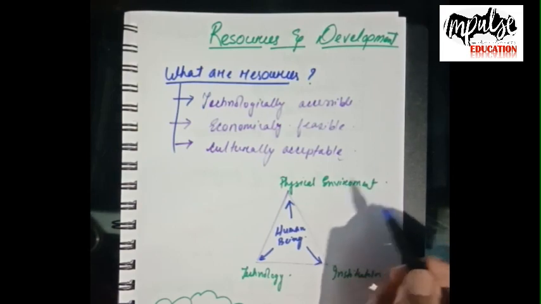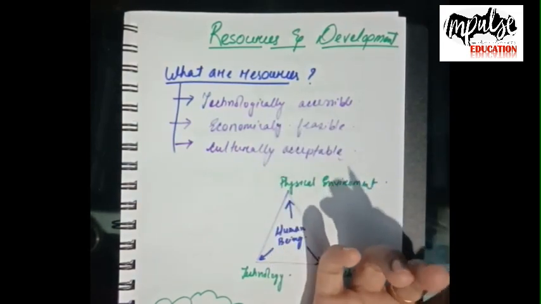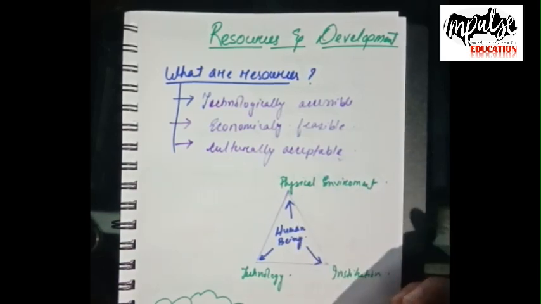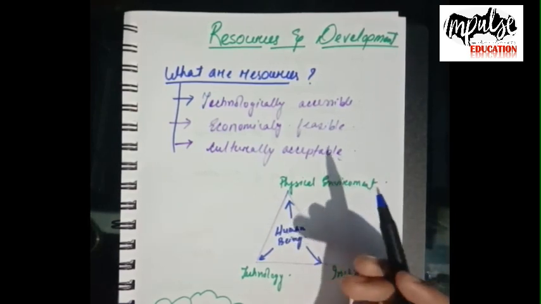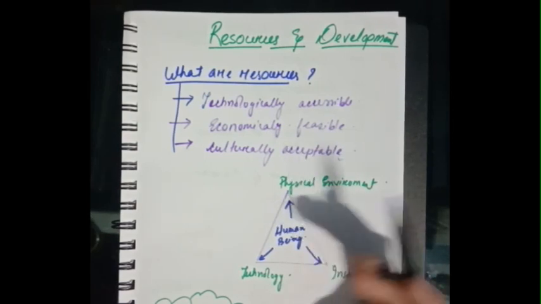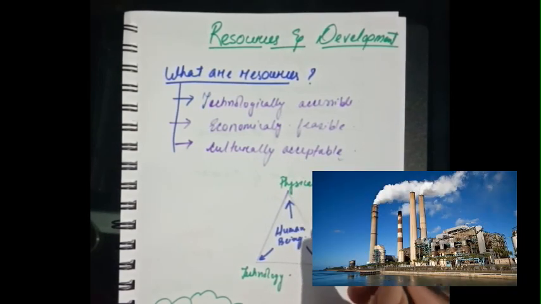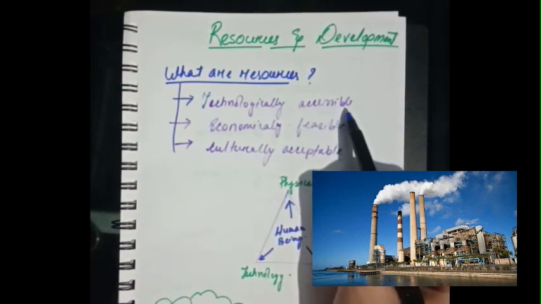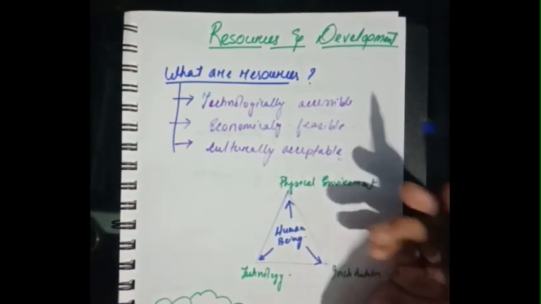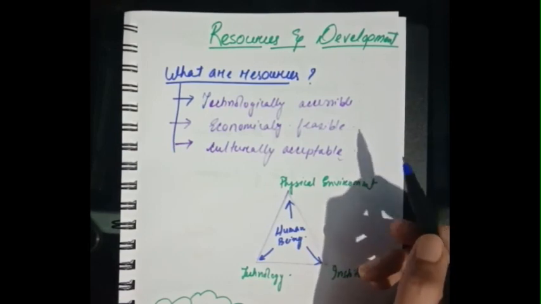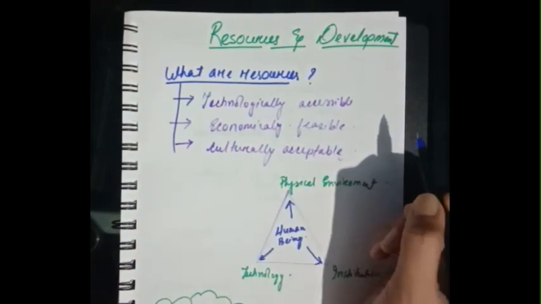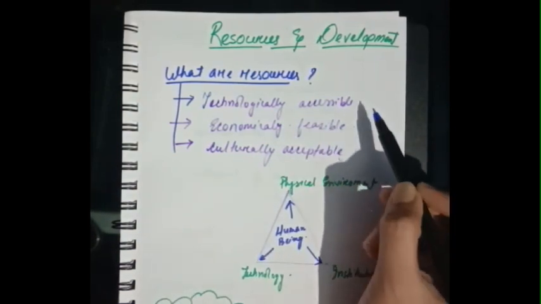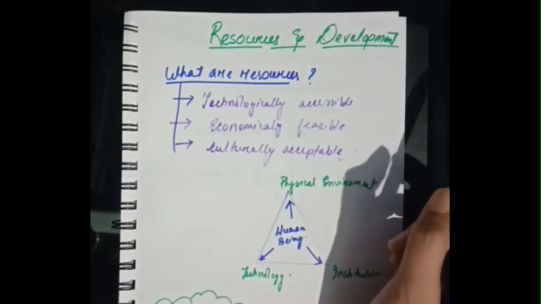We know hydropower plants capture the energy of falling water to generate electricity. Here, if we consider electricity as a resource, then the process of electricity generation by a hydropower plant can be considered technologically accessible, and in this process we also need to build dams, which can be compared with economically feasible, and in this process of hydropower generation of electricity